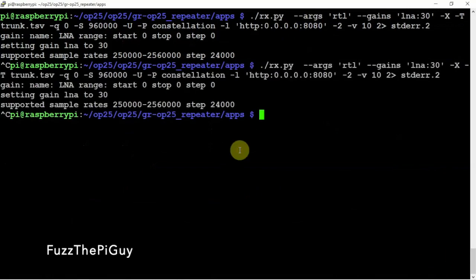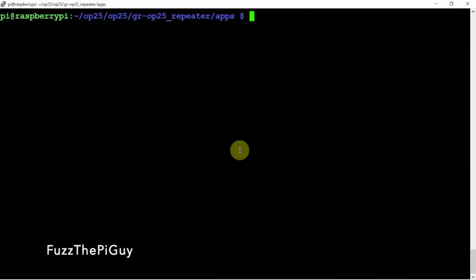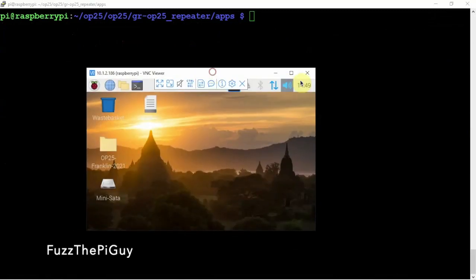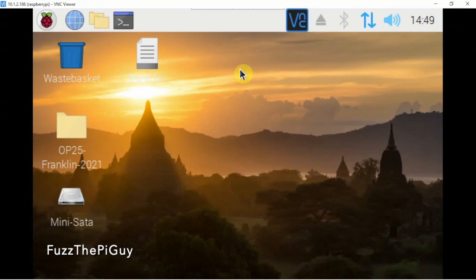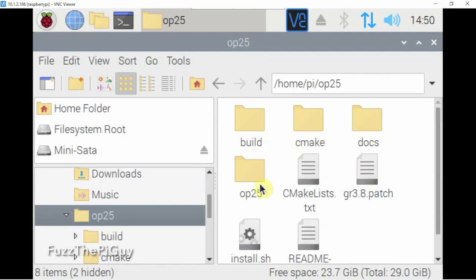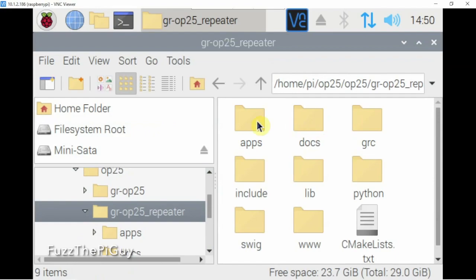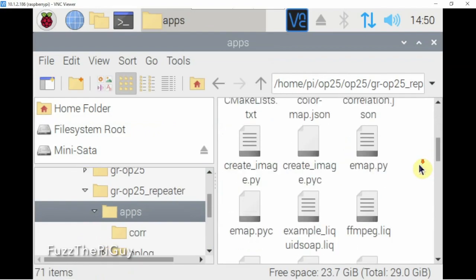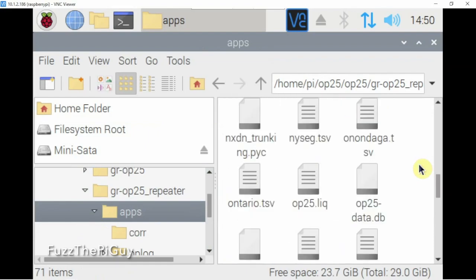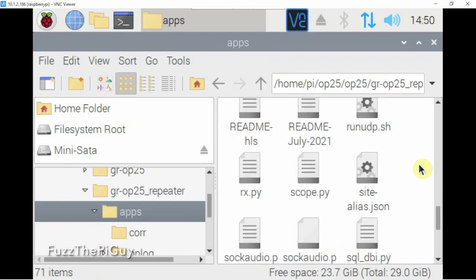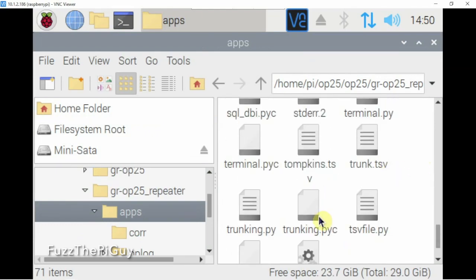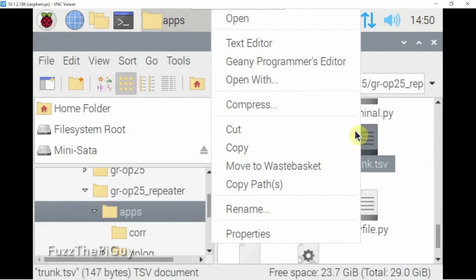Alright, so the next big step is adding your TSV file. Now you're going to need a premium account with Radio Reference to get this, unless you know some people that can get it. So what we need to do is, if we go into our OP25 apps folder and scroll down here to the trunk, if we open this guy,